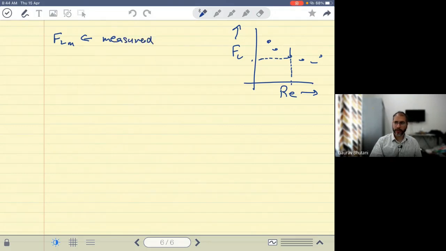Now we know that since the model and the prototype are similar, the lift coefficient CL for the model has to be equal to the lift coefficient for the prototype, because they are simply a function of Reynolds number, and the Reynolds number is the same for both model and prototype. Okay. So from this we can write